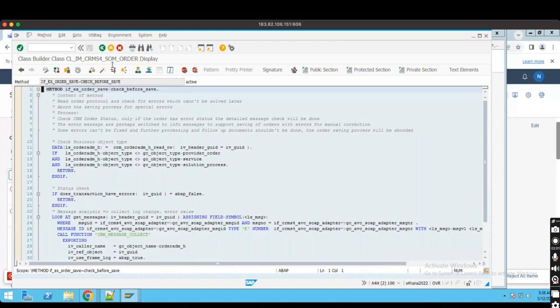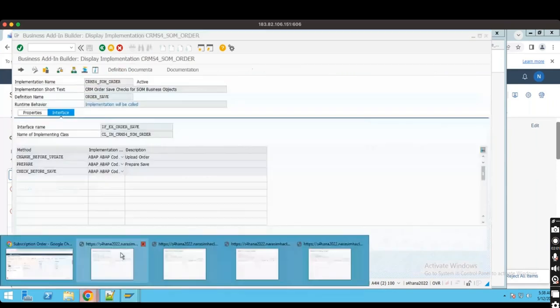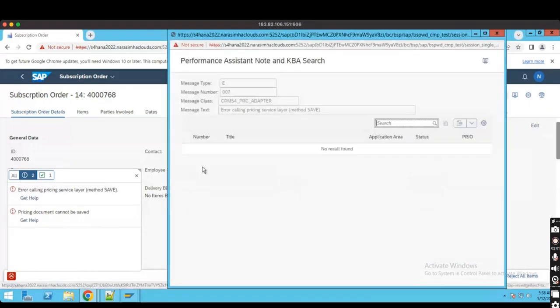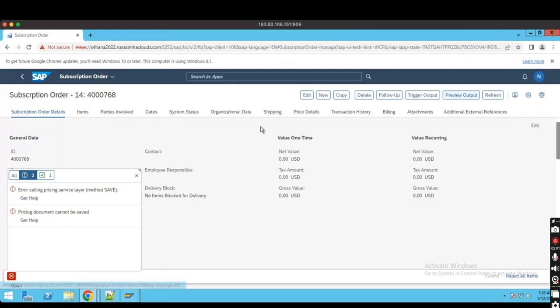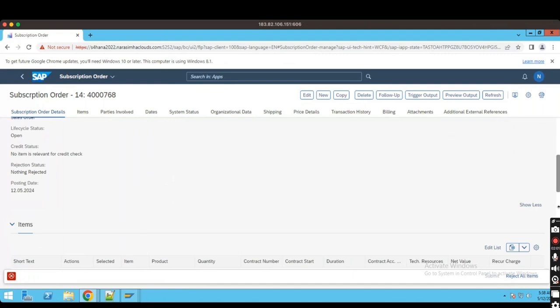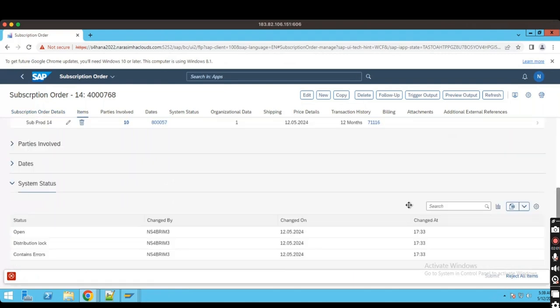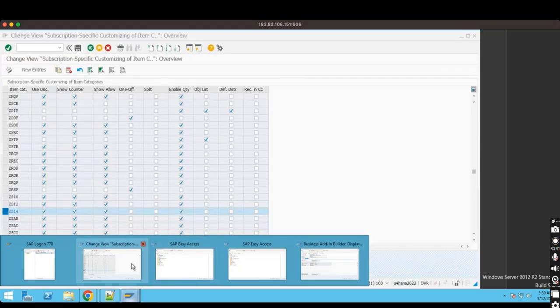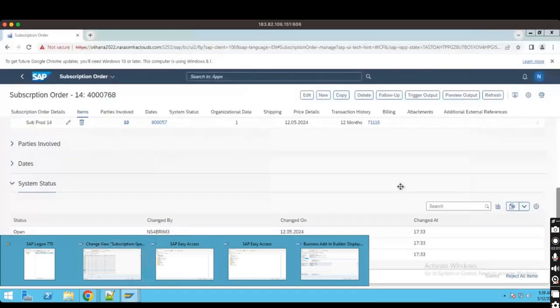Okay, it seems to be different. Calling service layer. Okay, I have done the configuration. Okay, let's see. There is an error. Okay, that's fine. So what we have done so far,